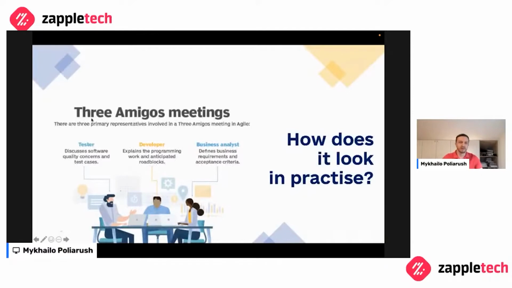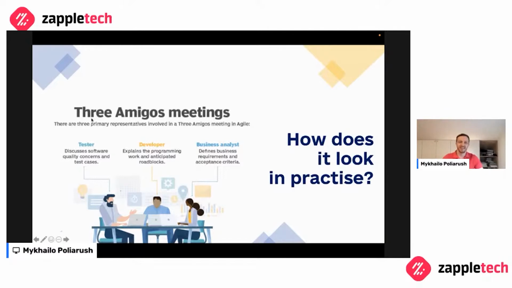It's a good example of collaboration on test automation. It comes from agile methodology, right? There are three amigos meetings where QA, development, and the business analyst or product owner, I would say, should have these meetings where they collaborate based on the requirements they would like to implement: what should be tested, how fully it should be tested, how automated test cases should be implemented, and so on and so forth. Each of these roles contributes